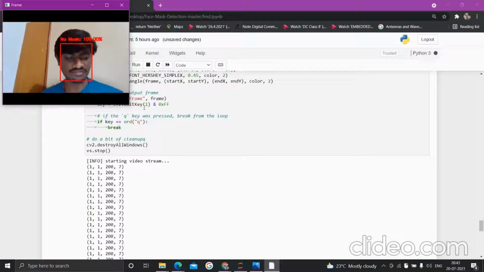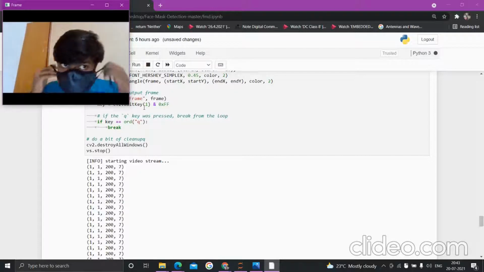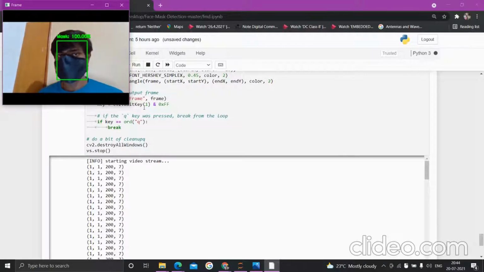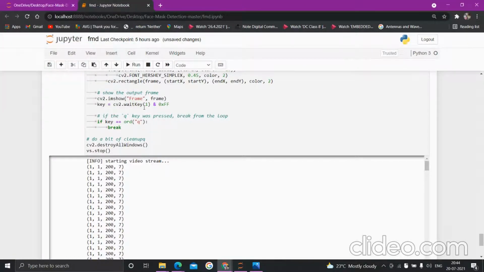Suppose I wear a mask, you can see that the red colored rectangular box around me has turned green with a comment saying that I am wearing a mask, with 99% prediction. This frame continues to be on the screen until key Q is pressed. I'm pressing the Q key now. So the frame is gone now.